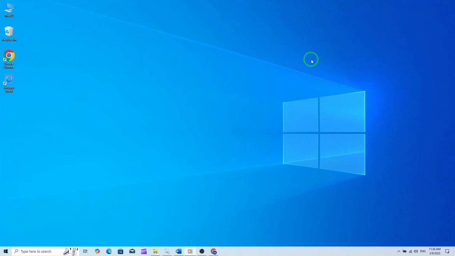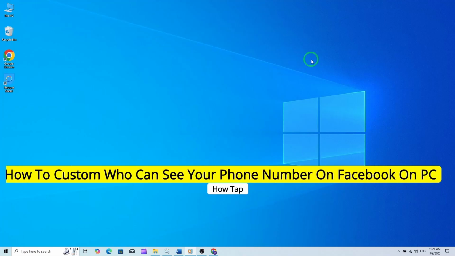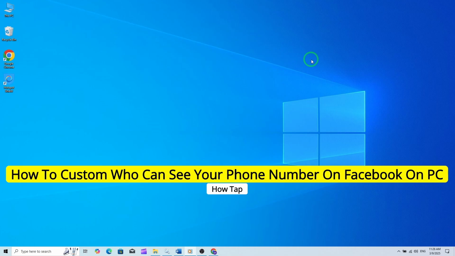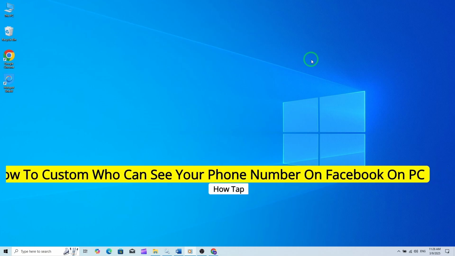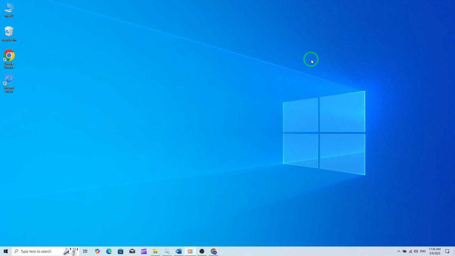Welcome to this tutorial on how to customize who can see your phone number on Facebook using your PC. In today's digital age, privacy is more important than ever, and Facebook offers a range of tools to help you control your personal information. Let's dive into the simple steps to ensure your phone number is only visible to those